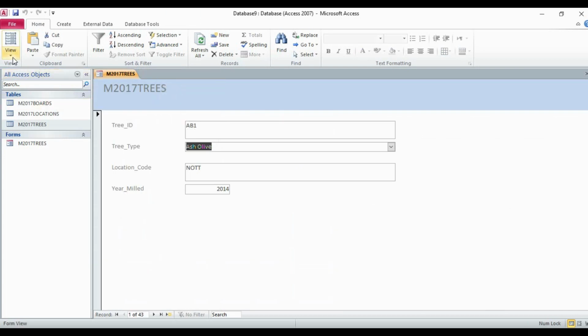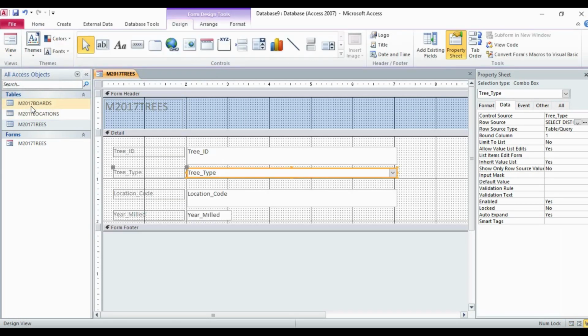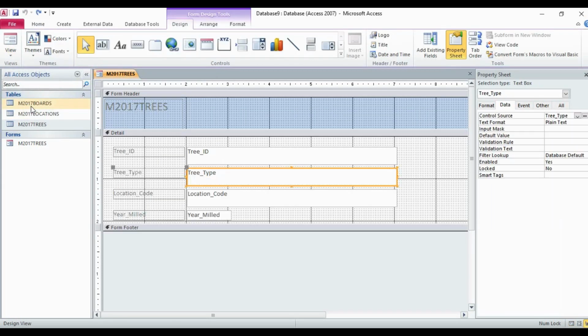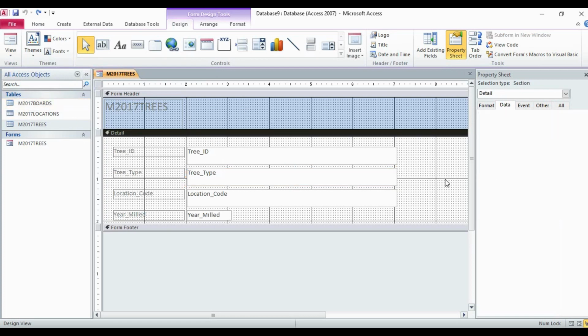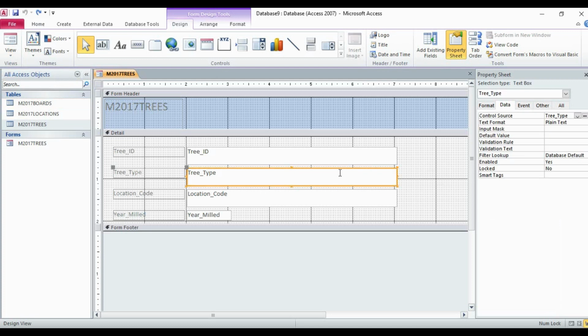I just undo everything whatever I have done, because if I do it here, then it may create some problem for us, because we have not been told to create the combo box and all. So this is the first thing which we can do in this. Other than that, what else can we do, or what other feature can we add in this? I'm just enlarging the window here.